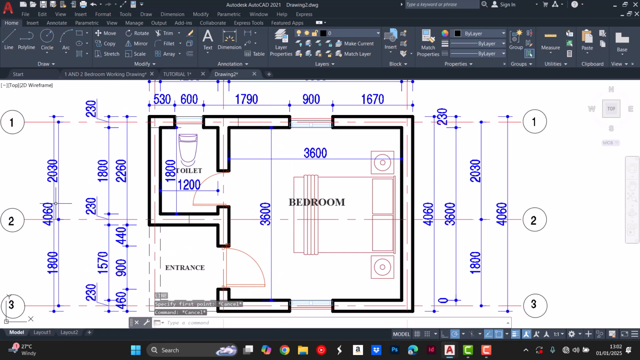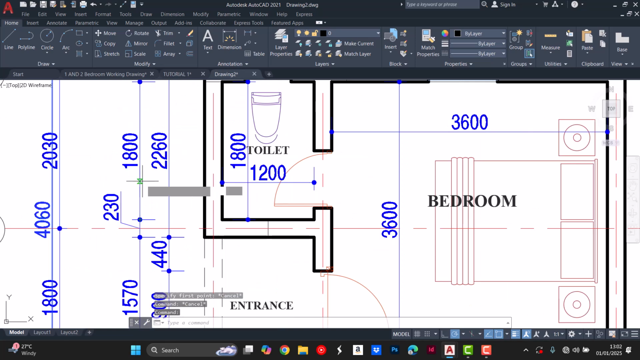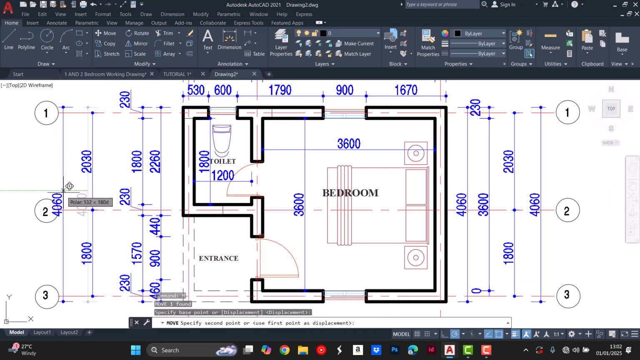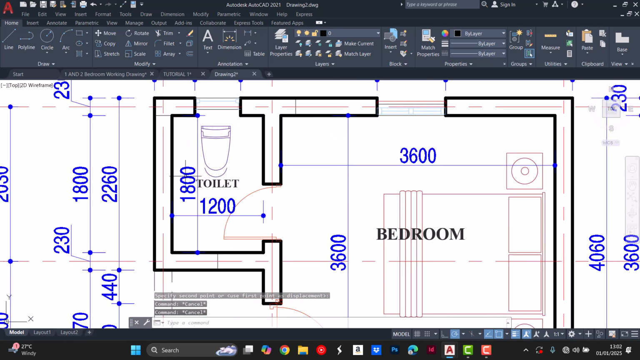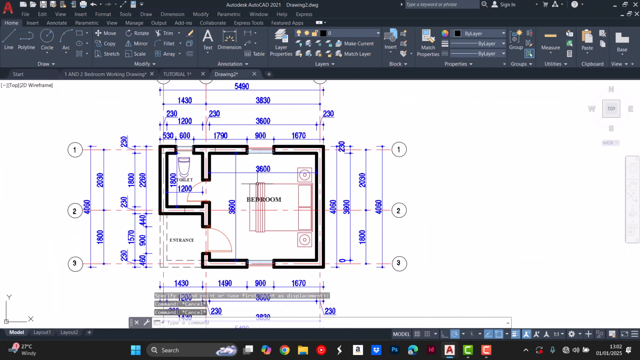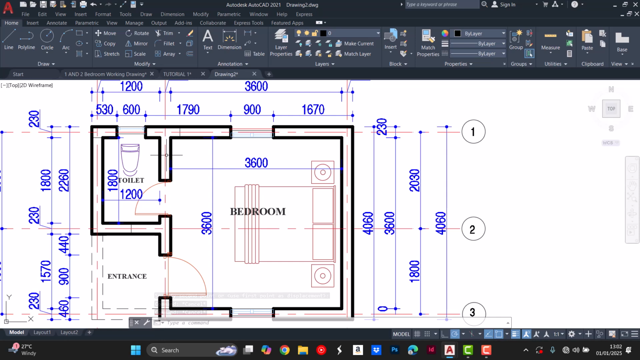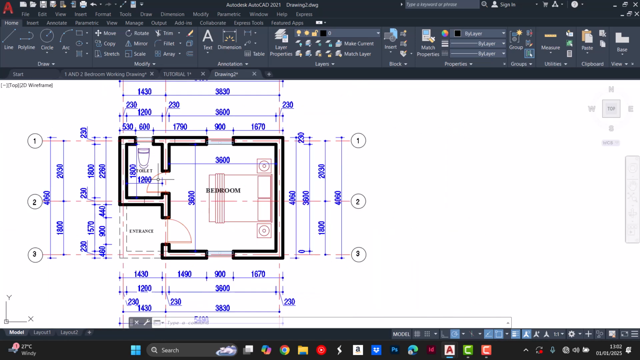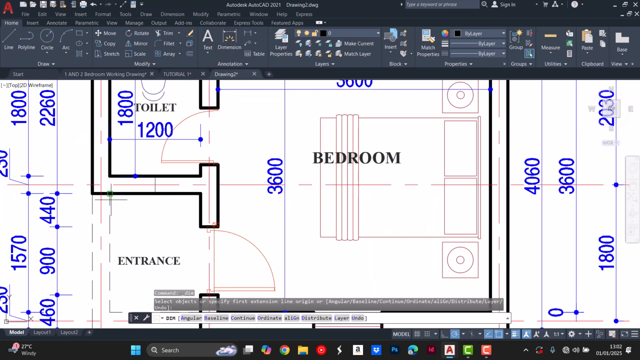So we're going to be using these dimensions here to create it. If you look at the drawing, the toilet is 1.8 by 1.2 meters, and the bedroom is 3,600, 3.6 by 3.6 meters. And then our entrance,